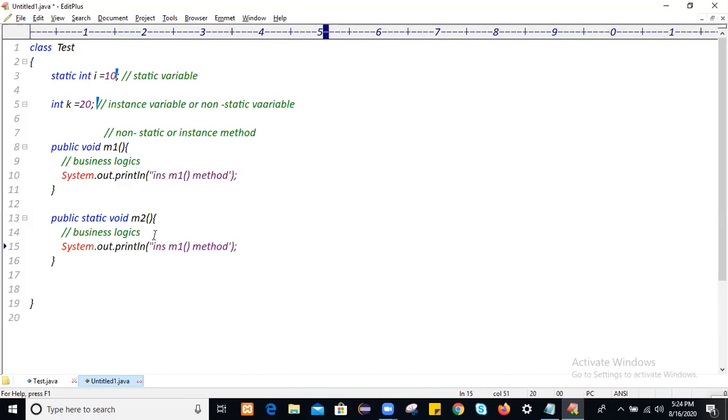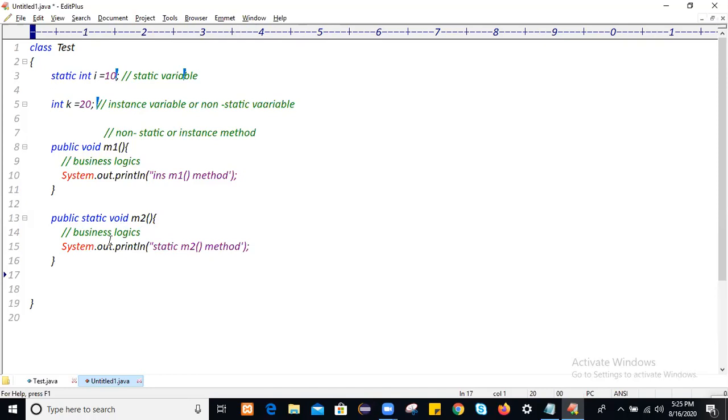Whenever we write any statement using a double slash, it is a comment, a non-executable code. So here we have written that this is the business logics, which is non-executable code, and that is not an issue. And this is the method we created by using the static keyword, and the method name is M2, so the static M2 method.